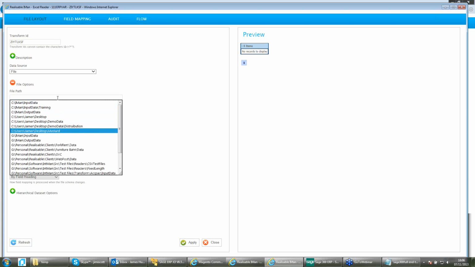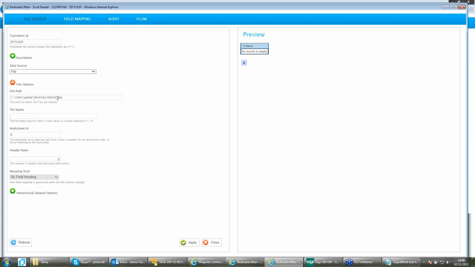So here, I'm just going to specify the path of my data, and then the file name. Now, we can obviously include things such as wildcards, star or question mark, so it doesn't need to always be the same file name. And then I just need to specify some things which pertain to the particular data source. Because we're working with Excel here, we need to specify the worksheet where we're actually taking the data and any header rows. Now, just before I do that, I want to show you